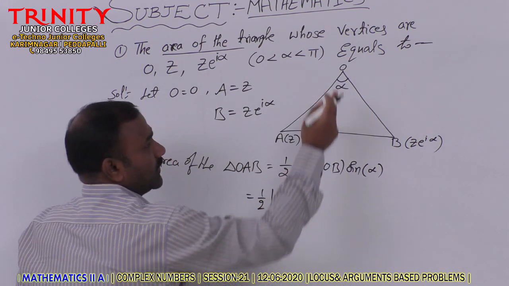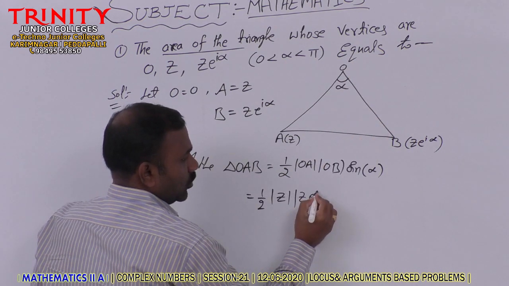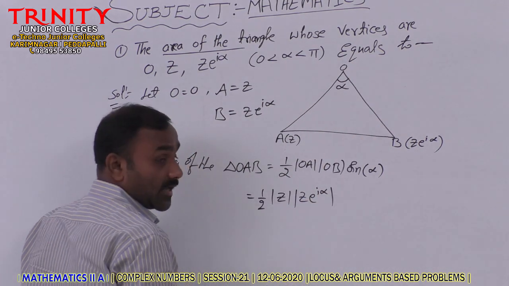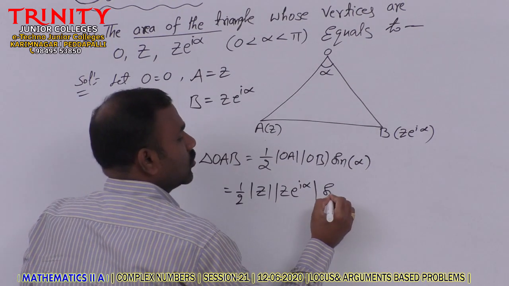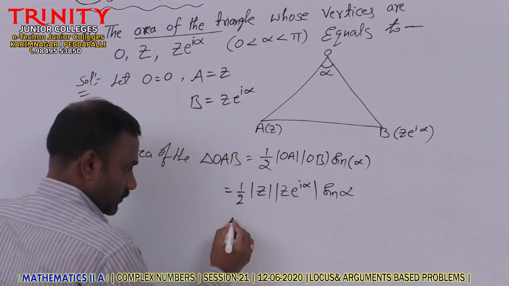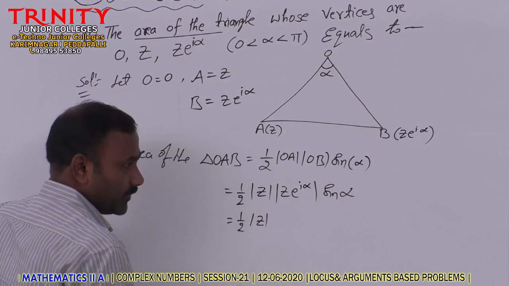OB, the modulus, the distance is z into e to the power of i alpha, into sine alpha, 1 by 2 mod z into